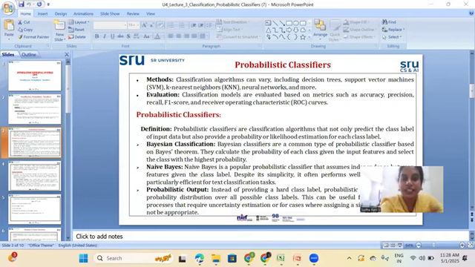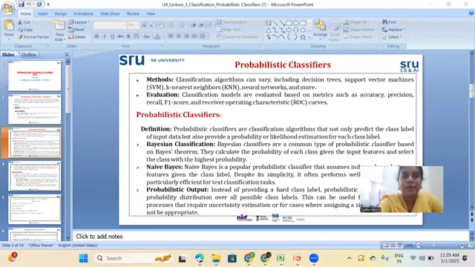And generally, if you tell the feedback is positive or negative, it can be considered as binary classification. But if you want to give the exact results of the feedback, like reviews of 4 out of 5, 3.8 out of 5, such exact values will come under the probabilistic classifiers, where it is going to give some label part. For example, results, pass or fail. If the student passed with a percentage of 89, such kind of things are considered as probabilistic classifiers, where it will give the estimation or the label for the class.